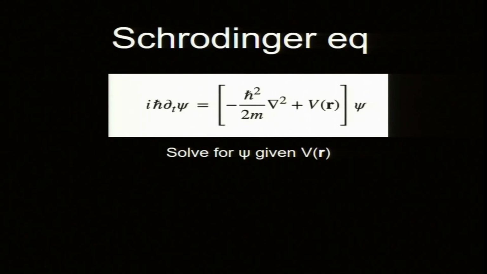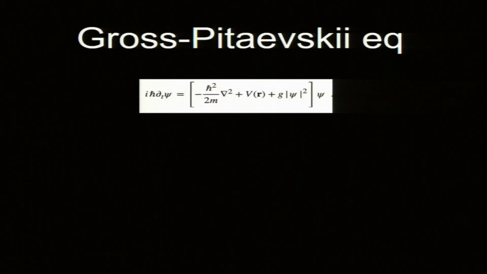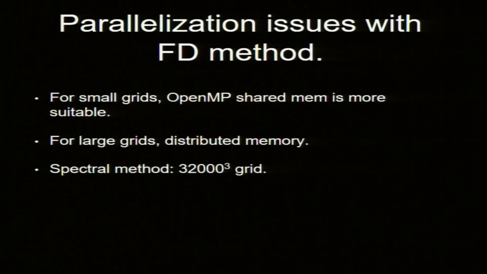The Schrodinger equation everybody knows, everybody likes that equation, quantum. So, this is one equation. Given initial condition you can solve for the potential. There is something called the non-linear Schrodinger equation, called the Gross-Pitaevskii equation. There is a new term, g mod psi squared times psi. It is an effective equation for superfluids, superconductors, Bose-Einstein condensates. So, you can solve this equation. Let us discuss a bit more on the finite difference method.